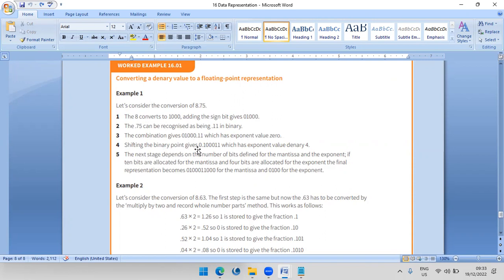Shifting the binary point, how many places? You shift this 1, 2, 3, 4, leaving only the 0. You take it 4 places, which has exponent value denary 4. The next stage depends on the number of bits defined for the mantissa and the exponent. If 10 bits are allocated for the mantissa and 4 bits are allocated for the exponent, the final representation becomes